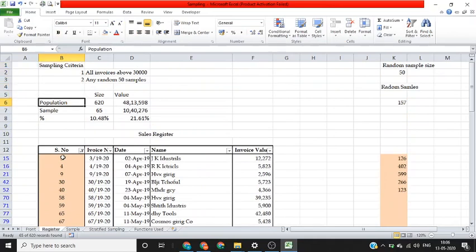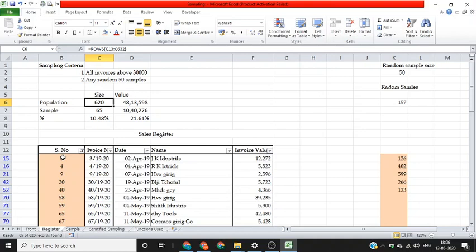As you can see, out of a population size of 620 and population value of 48 lakhs, our sample size is 65 invoices and sample value is 10 lakhs, and these are the relative percentages. Here we have used the subtotal function to count the number of filtered data, and we have used the subtotal function to get the value of filtered data instead of the sum function, where we get a total only.